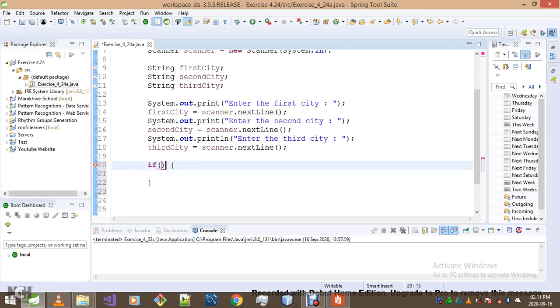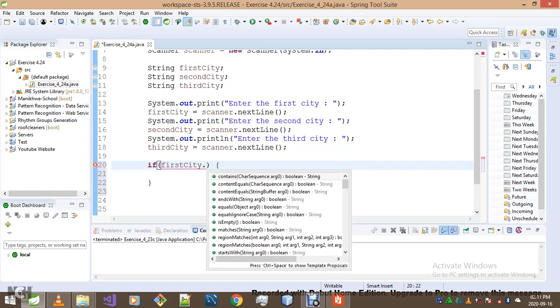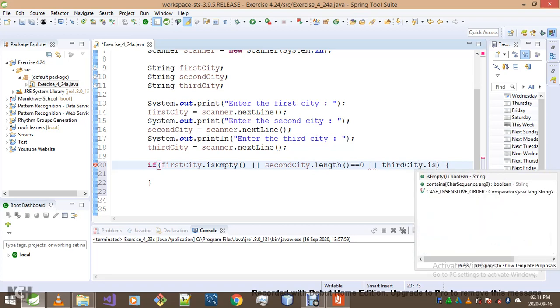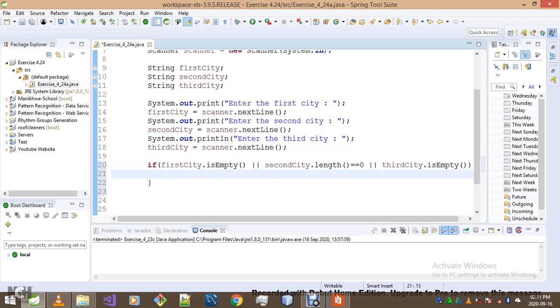So I'll simply go: if first city dot length equal to 0, which is the same as saying first city is empty, or second city is empty or third city is empty, what do we do in that case? We simply go System.out.print